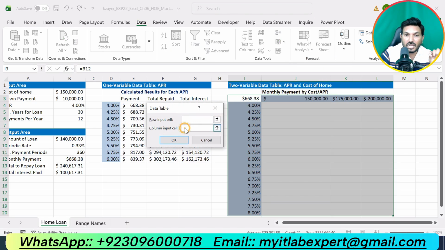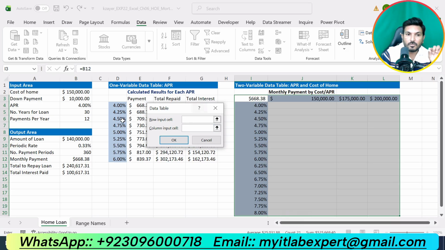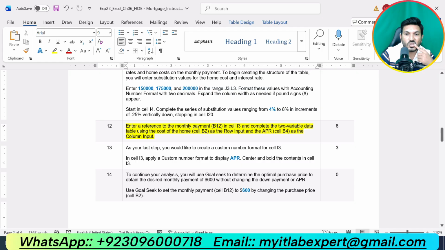Our column input was B4, the APR, the same as in the one variable data table. B4 is the column input, and the row input is the cost of the home, B2.